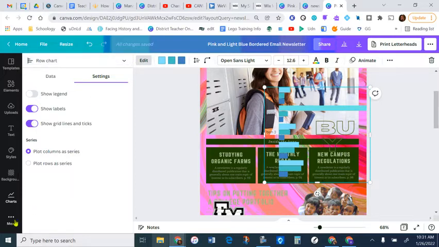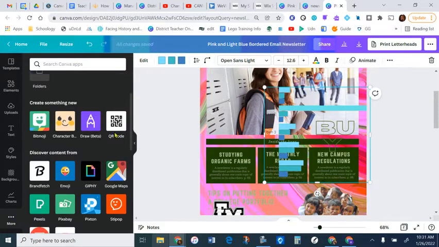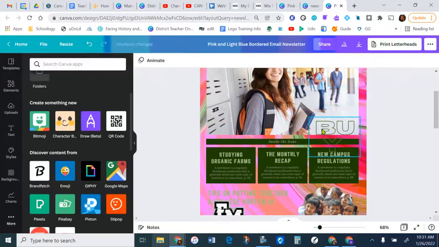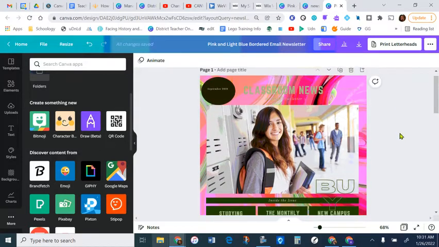So that is one option under more. There's other options as well. So for instance, this is a great tool to create QR codes. Let me actually delete this out of here. But anyone who wants to create a QR code, I would recommend creating it in Canva because it has